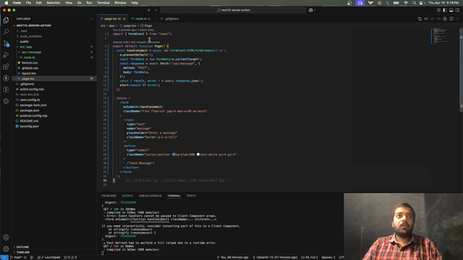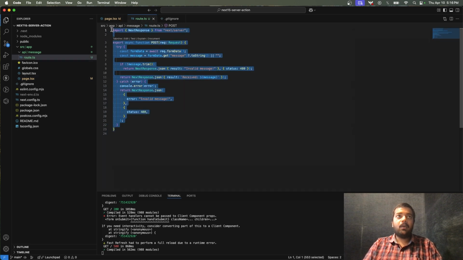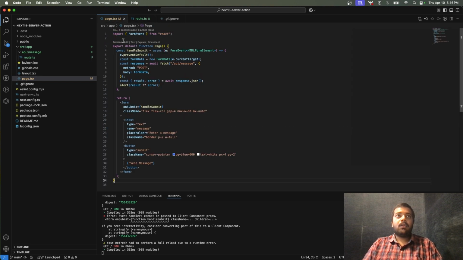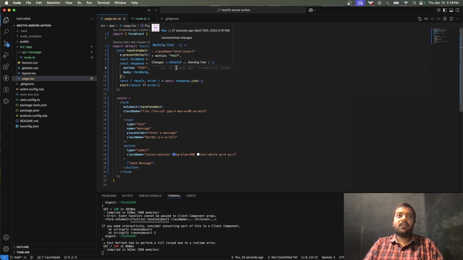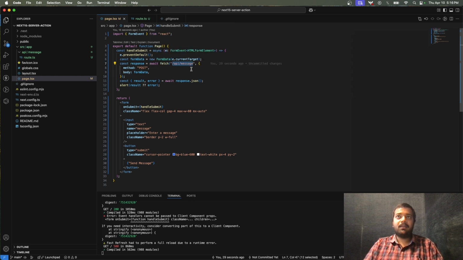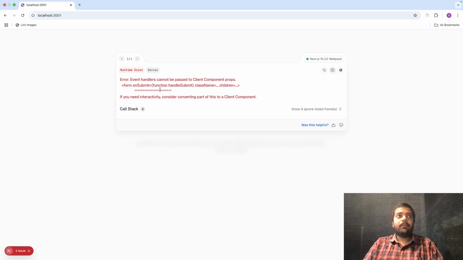We have also created an API route, and we have also created a handle submit callback function, which takes in the form event, and it's going to create a form data, and this form data is then sent to the route API/message using the post method, and then we are going to get the response, and we are going to alert this. All right, so now let's go to the browser to test it out,